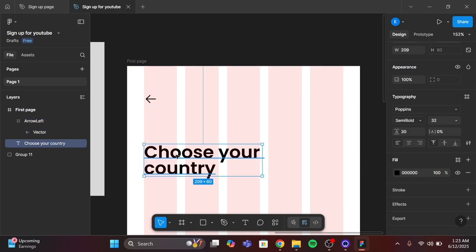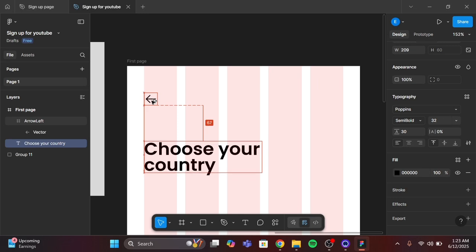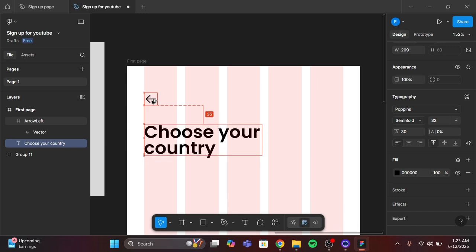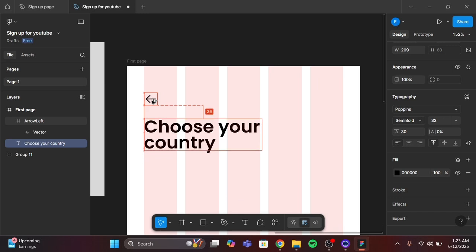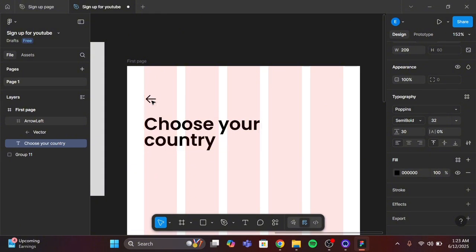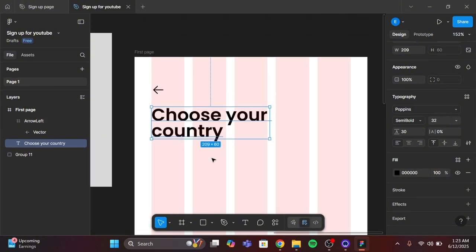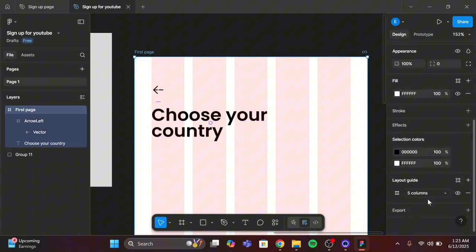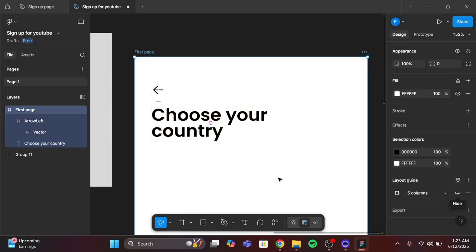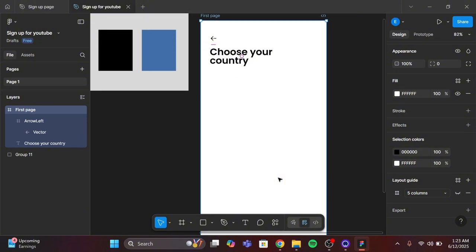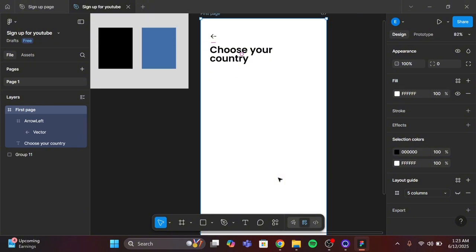Then this, I will select this, hold my Alt key, and make this spacing between the arrow and the letter. I will just do, let me say, 20. 20 is okay. But you can adjust to whatever way you want to make your design look better. But I will do 20. Then I will turn off my columns to see my design and see what I'm doing and where I'm heading. It's beginning to look like what you are aiming for. Then the next thing is to